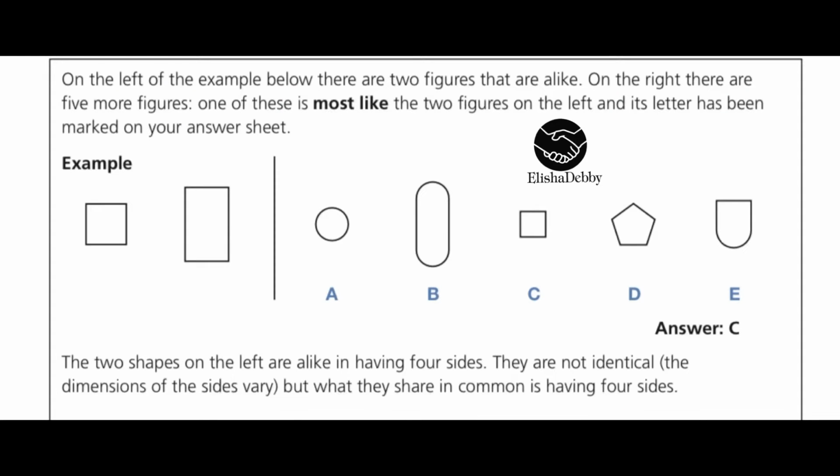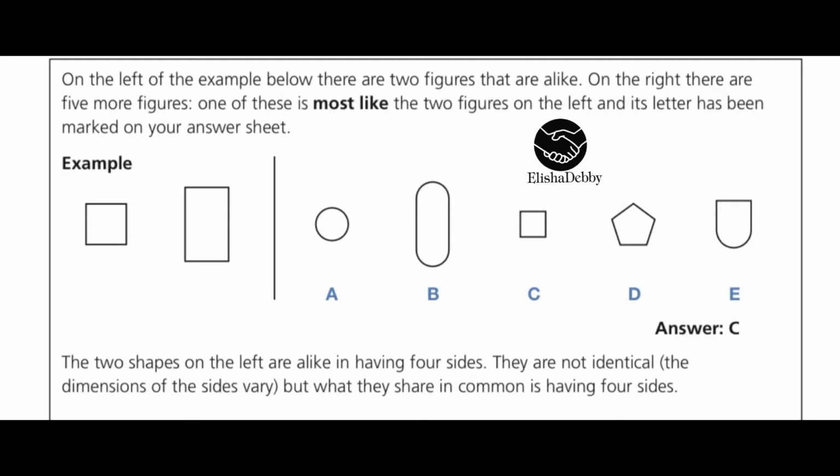On the left of the example below, there are two figures that are alike. On the right, there are 5 more figures. One of them is most like the two figures on the left, and its letter has been marked on your